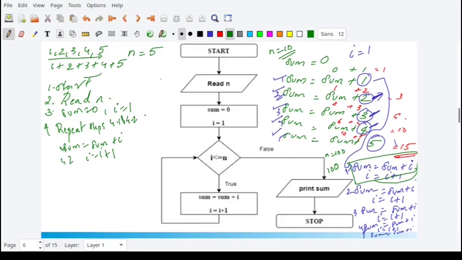How many times should I repeat it? N number of times. Repeat steps 4.1 and 4.2 n times. And when it is repeated n times, you will exit from this. Okay. You will stop repeating it after n times and you will display the value of sum and you will stop.